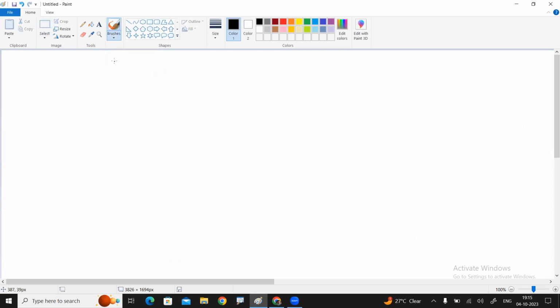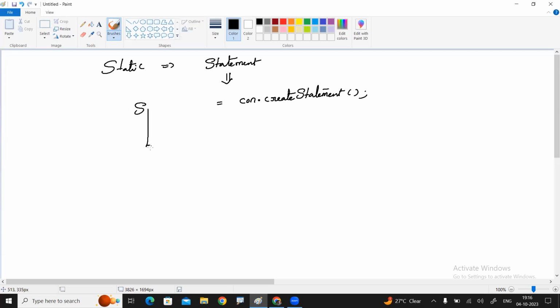Static queries we execute using the statement interface. Which interface? Statement interface. Sir, how will you get the statement object? Once the connection is ready, we call the create statement method on the connection object. Then you will get the statement object.